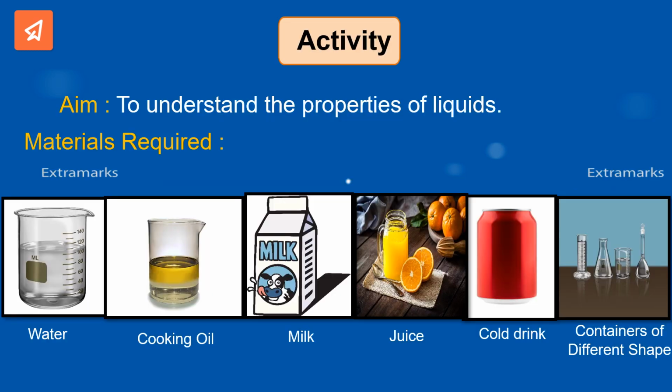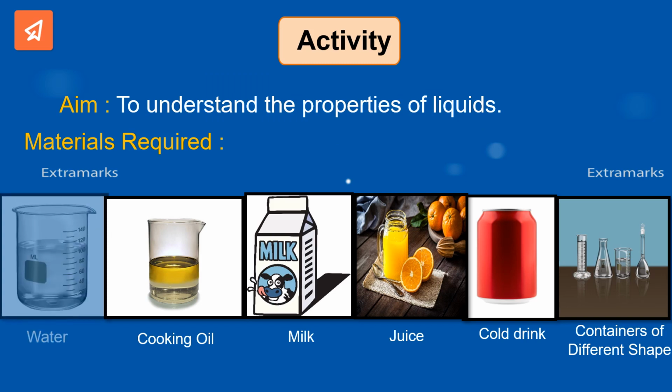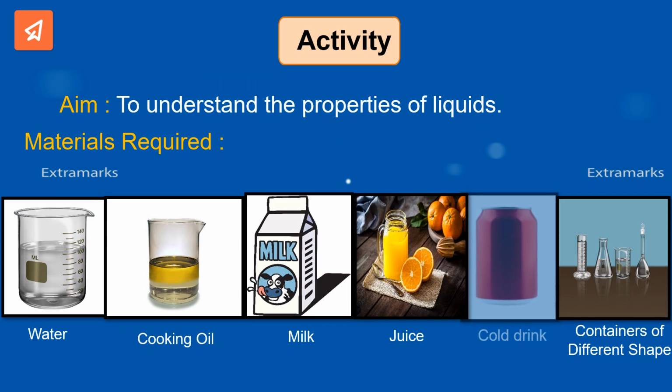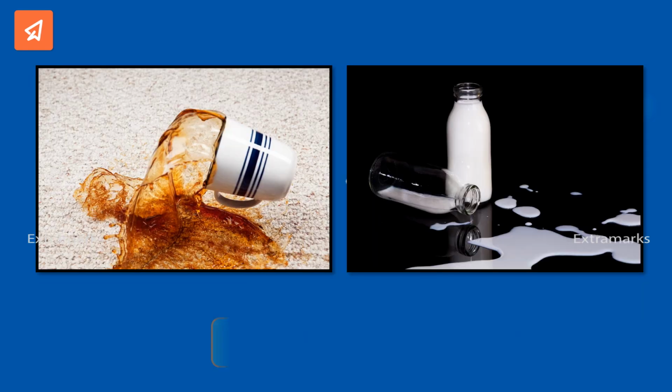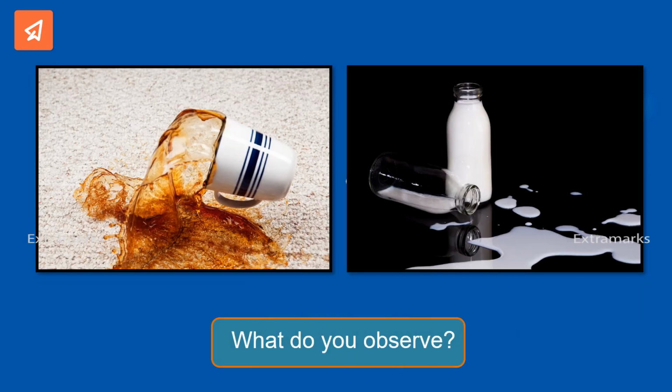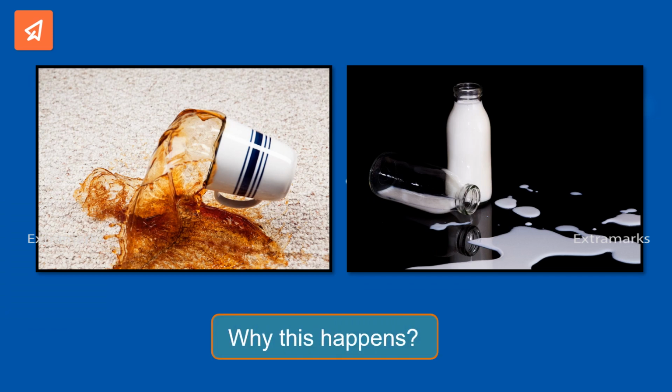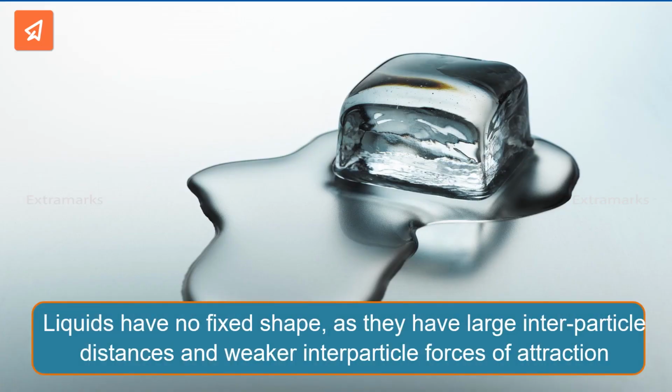To perform this activity, we require water, cooking oil, milk, juice, any cold drink, and containers of different shapes. Now, spill all the liquids on the floor. What do you observe? When spilled on the floor, liquids lose their shape and start to flow. Do you know why this happens? This happened because liquids have no fixed shape as they have large interparticle distances and weaker interparticle forces of attraction